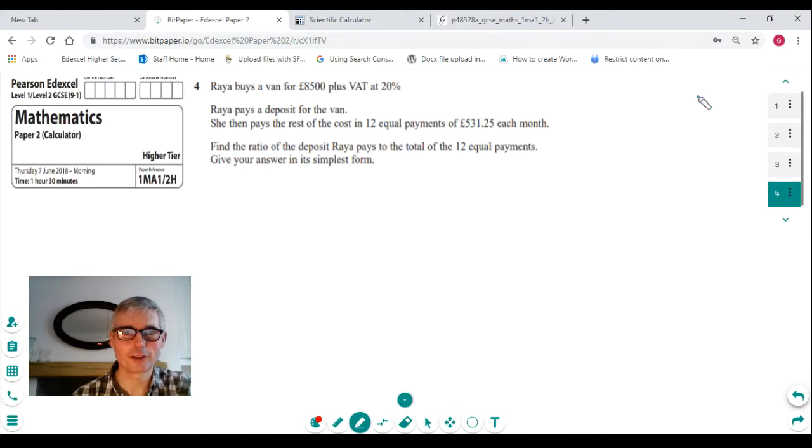I'm currently going through the Edexcel 2018 GCSE Maths paper. This is the higher tier and it's paper 2, which is the calculator paper. So we're on question 4 and this one says that Rhea buys a van for £8,500 and it's got VAT that we've got to add on to it for 20%. She's paying a deposit and paying the rest in some equal payments. So she's got 12 equal payments, which are all going to be that much per month. Ultimately, we've got to find the ratio of the deposit to the total of the 12 equal payments that she's